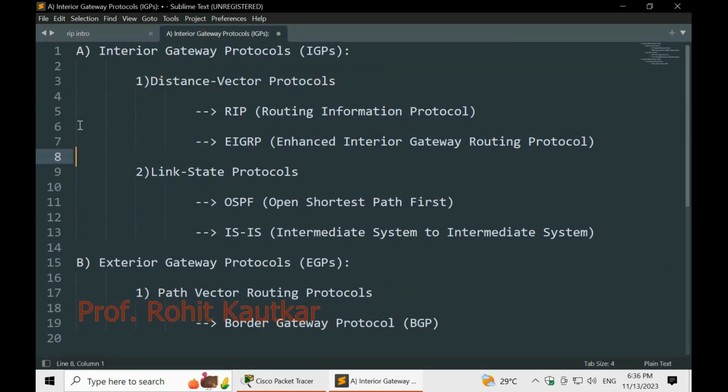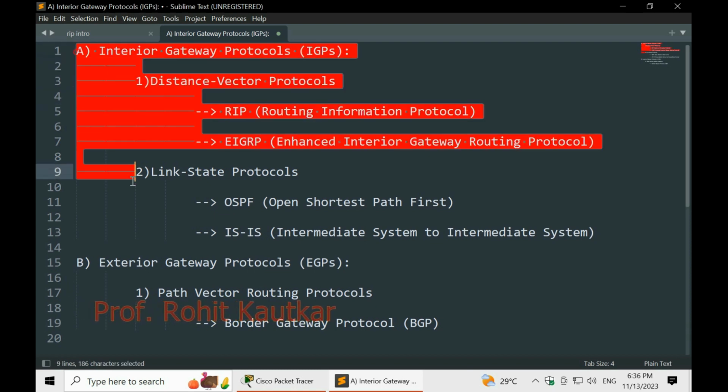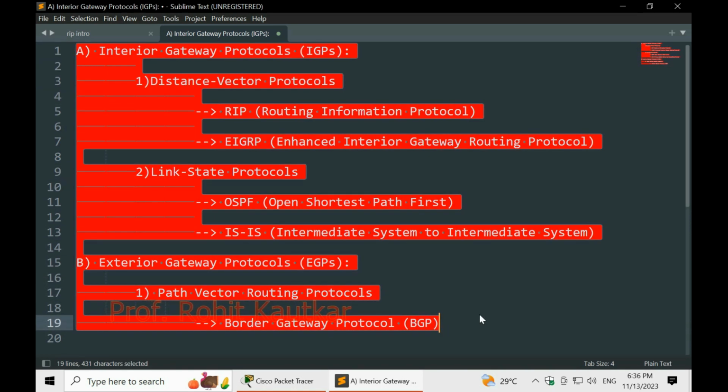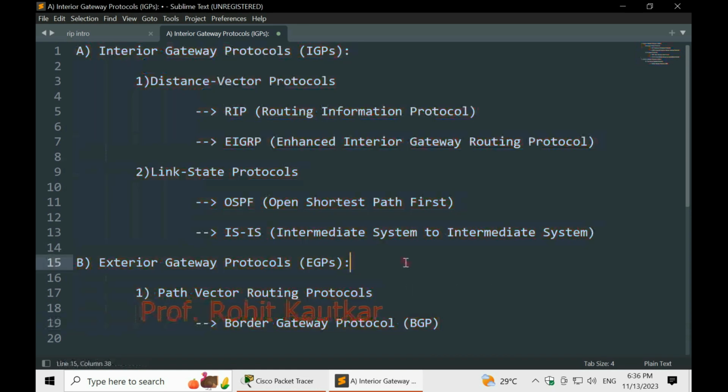So here, friends, I have prepared this overview of the classification of routing protocols. There are two main categories. The first category is interior gateway protocols, referred to as IGP, and the second category is exterior gateway protocols.